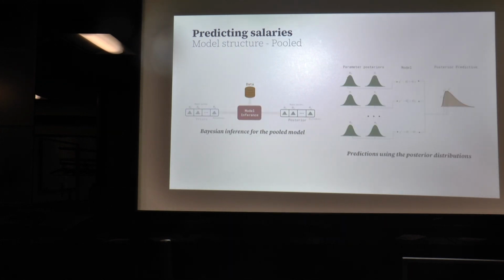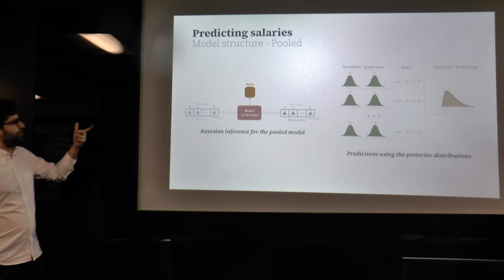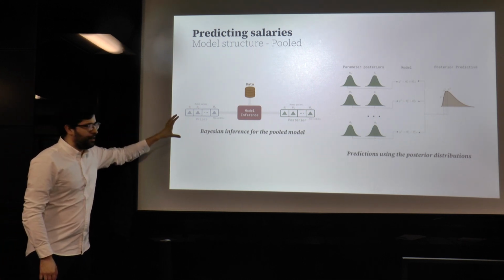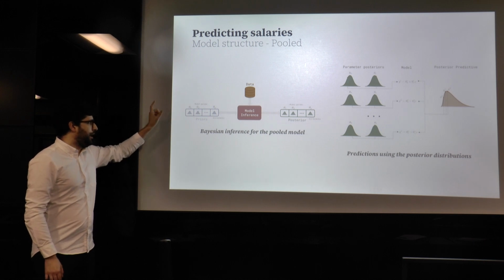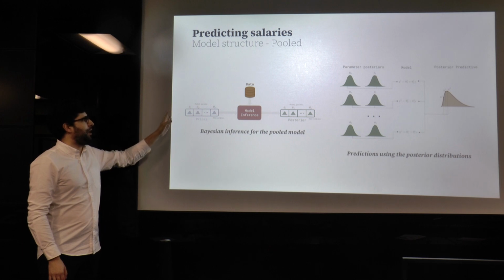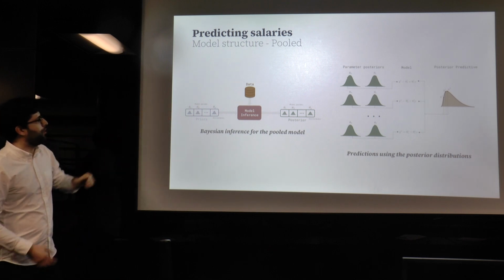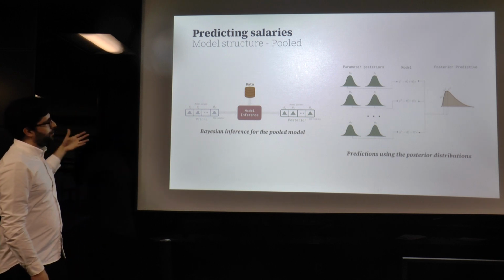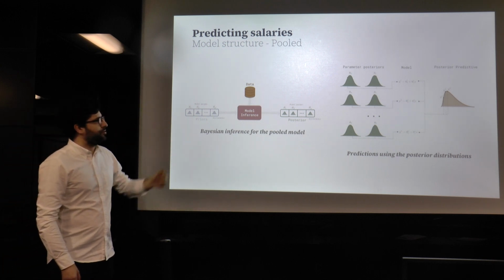I'm not going to go into the detail of how Bayesian inference works, just to give a general idea. We have the prior knowledge. We define the shape and the parameters of this prior distribution, and we define one prior for each model parameter. We use our data to update our knowledge, our priors, and produce some posteriors.